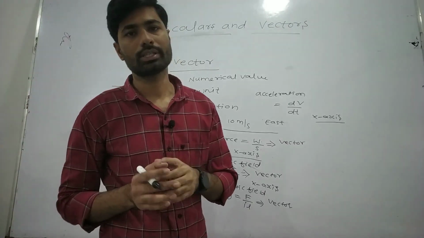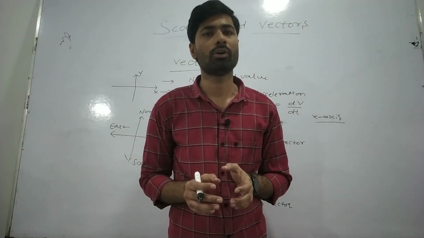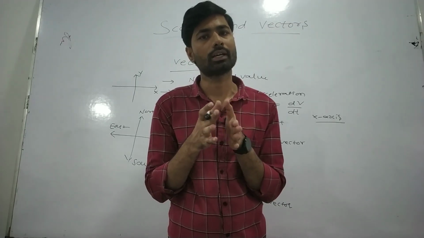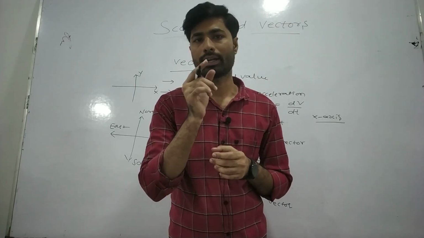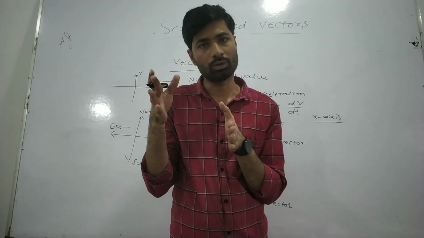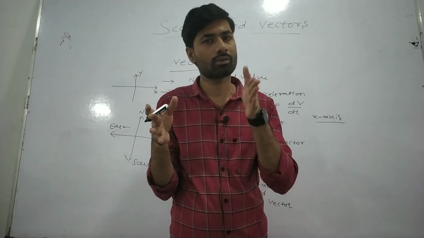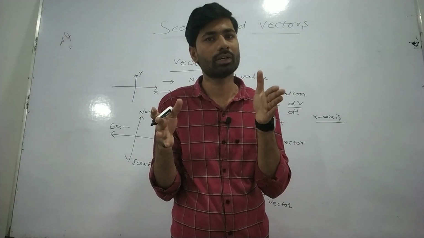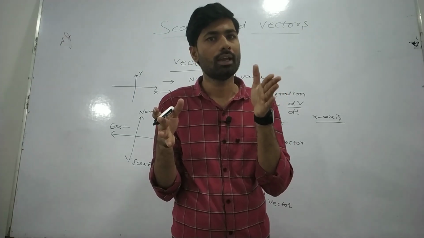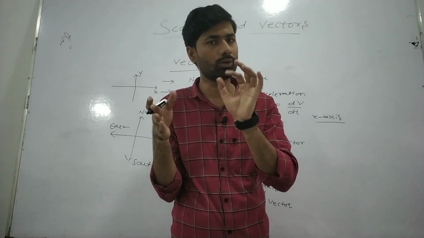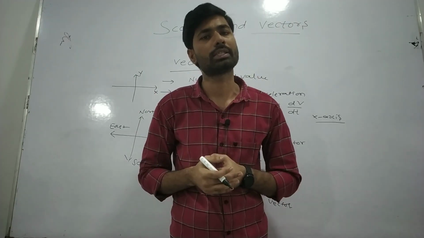So in today's session we have learnt in detail about what a scalar quantity is, what a vector quantity is, and what the major differences are. We have seen that in the case of a scalar quantity there is only magnitude, but in the case of a vector quantity there are both magnitude and direction. We must specify the direction if it is a vector quantity. In the case of a scalar quantity there will be only magnitude, with no specified direction.